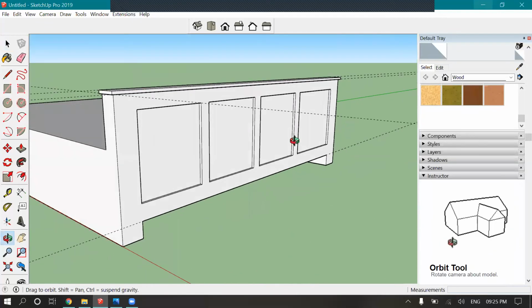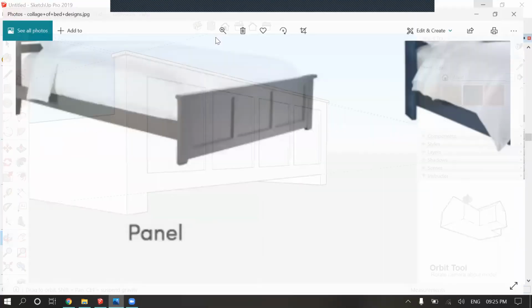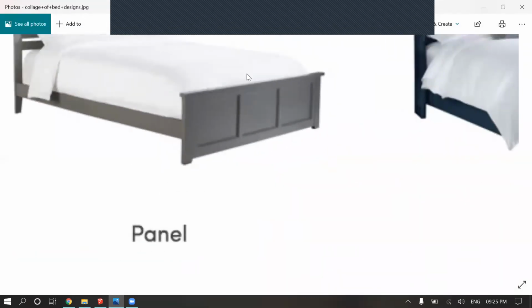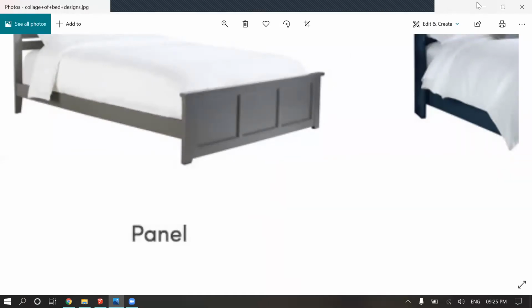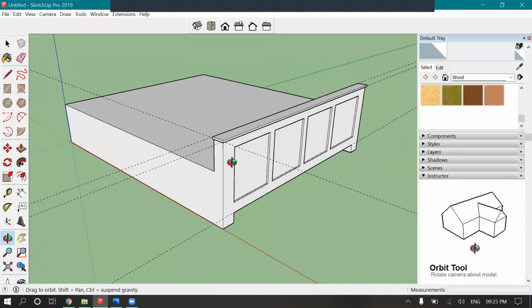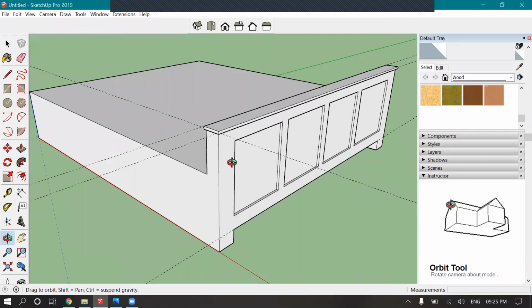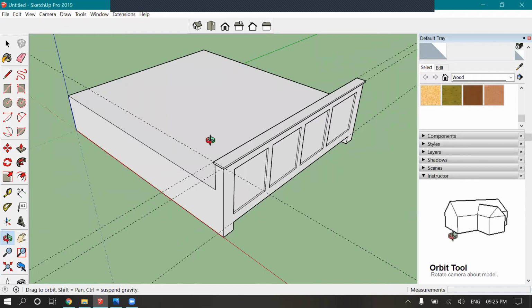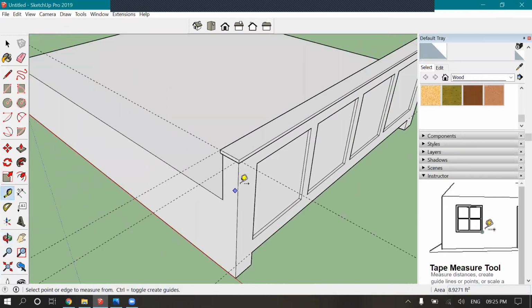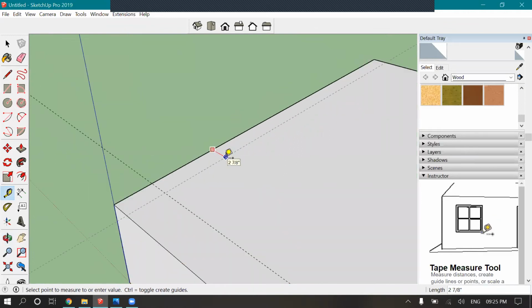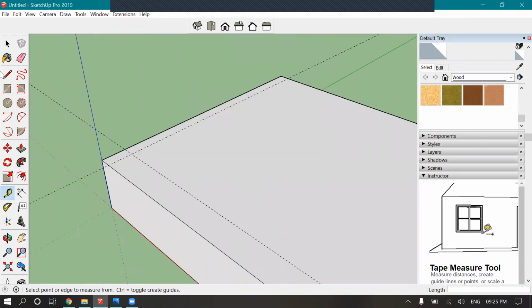So the front part, like we have a basic 3D image of the front part, right? Just see this front part and this part. It looks quite similar, so we will be doing the rest. What was the thickness right here? It was 3 inches. Like 3 inches once again.